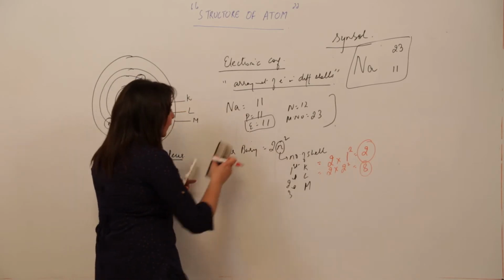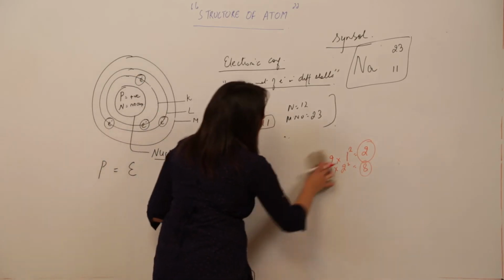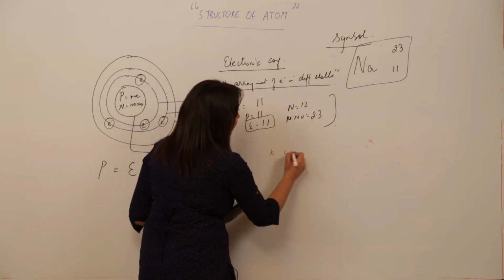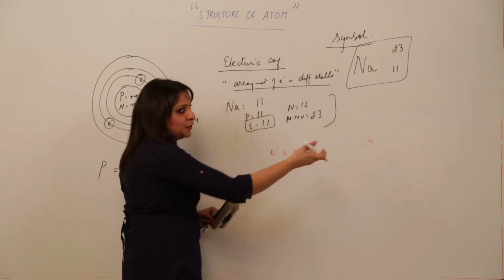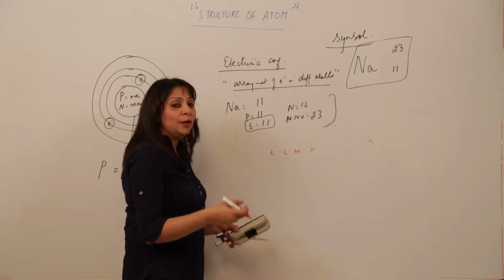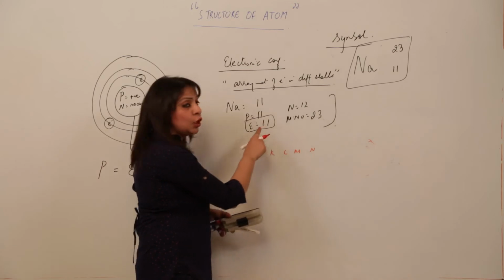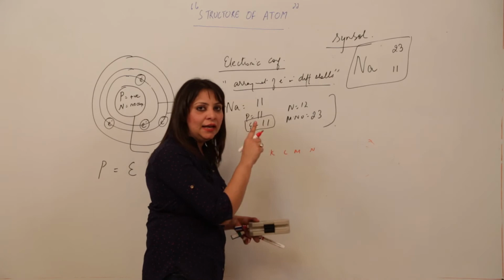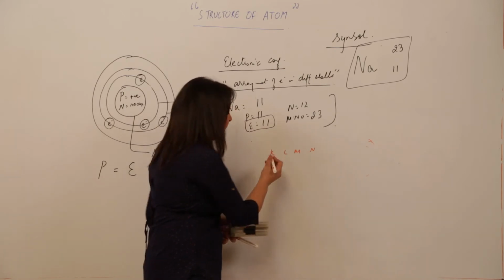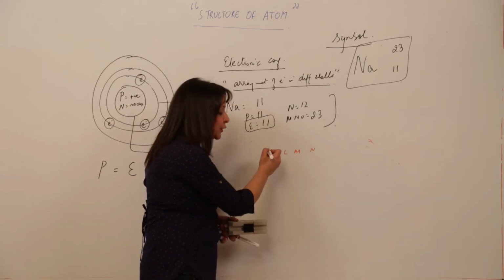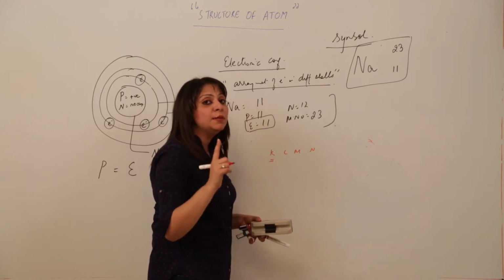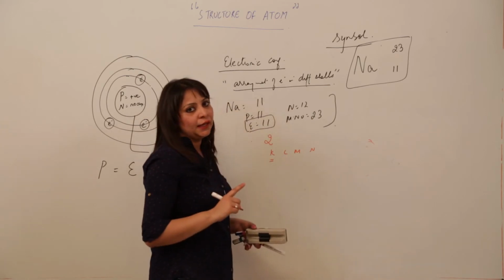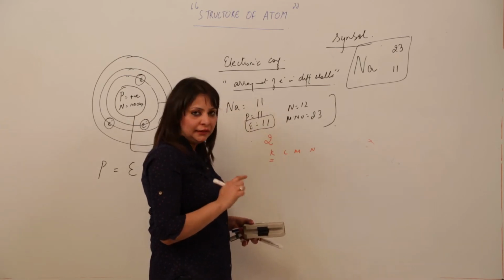Now in case of sodium, I told you that electrons are 11. So how are you going to arrange them? First write as many shells as you want to, then we will be filling these shells. Now the electrons are 11. Again I am repeating, electrons are 11. How will they be arranged? See, this is the first shell. I told you that in the first shell a maximum of 2 electrons can be there. So out of 11 I am putting 2 in K. How many are left? 9.